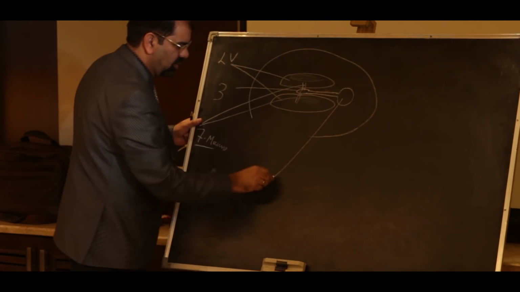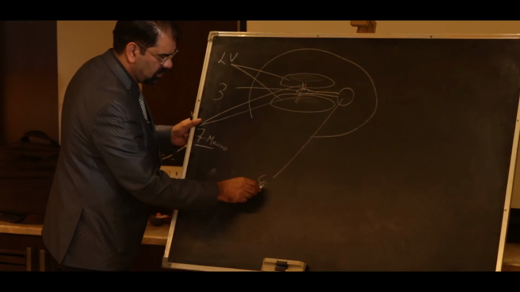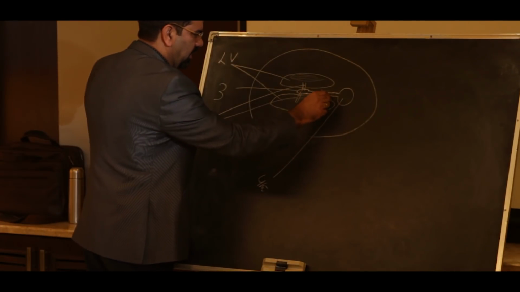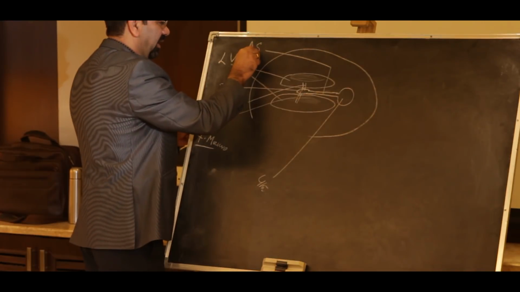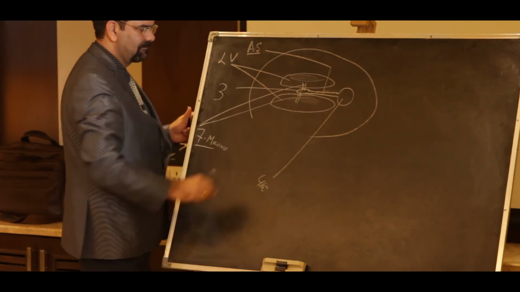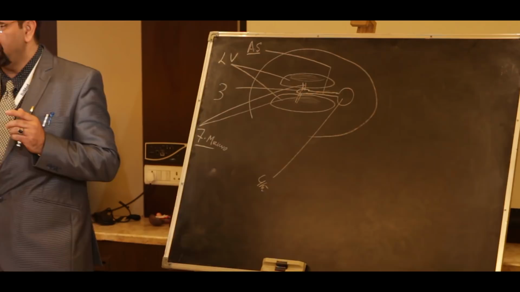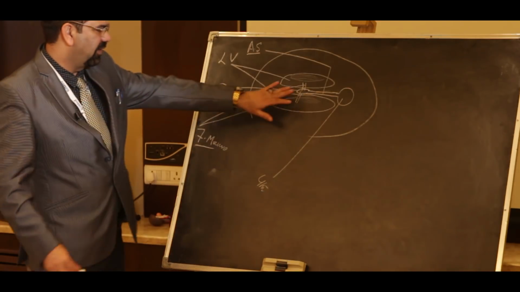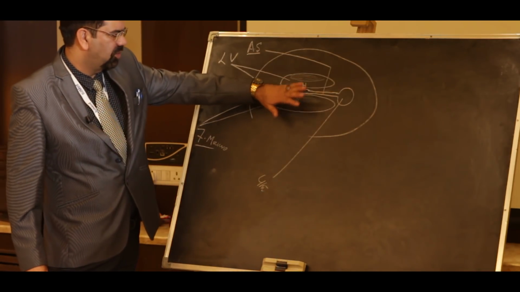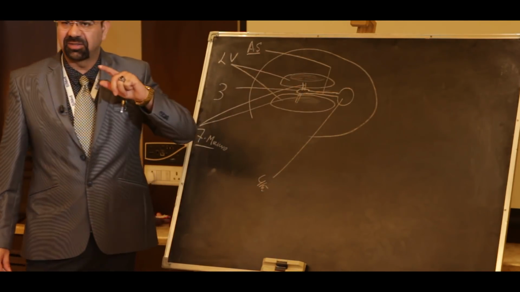This is the fourth ventricle over here. This is the fourth ventricle and this is the aqueduct of Sylvius. AS will be for aqueduct of Sylvius. Now, imagine that there is a stenosis, an obstruction, in the aqueduct of Sylvius. What will be dilated? Third ventricle will be dilated along with two lateral ventricles and